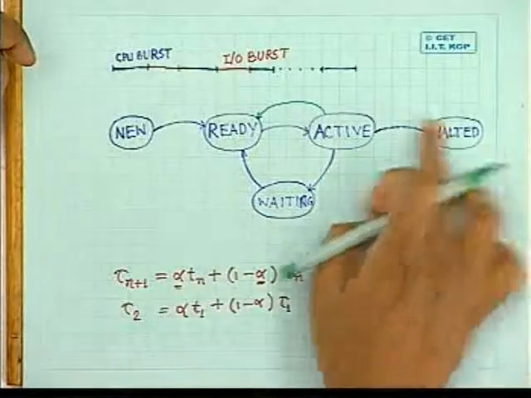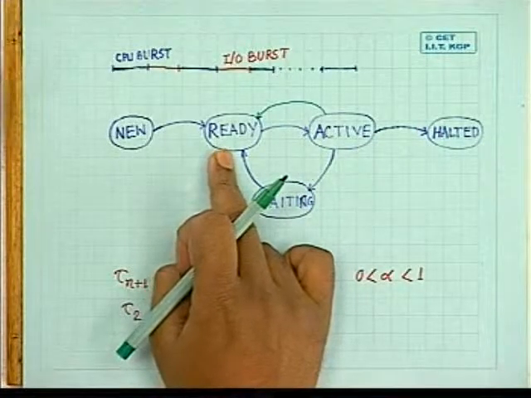Okay. And these kinds of jobs are known as IO bound jobs. So I can have two kinds of jobs. One is CPU bound job, where the jobs require more of CPU time. I can have another kind of jobs which are known as IO bound jobs, where the job requires more of IO time. Now, if in a system, say in the ready queue, I have all the jobs which are CPU bound,